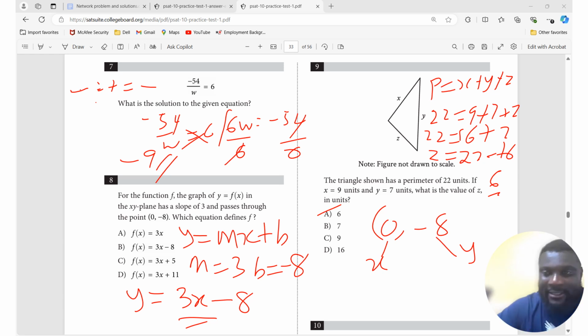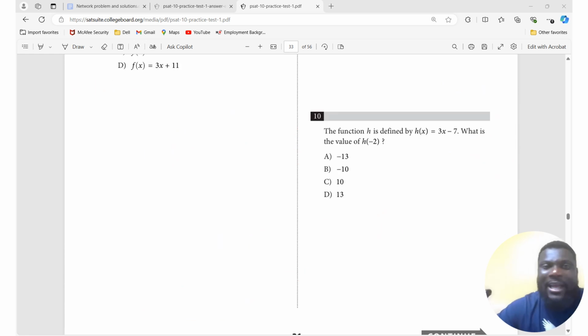So for this question, we are using the linear equation, which is y equals mx plus b. Now let's go to the last slide and see what we have there. So we have the function h defined by h(x) equals 3x minus 7. What is the value of h